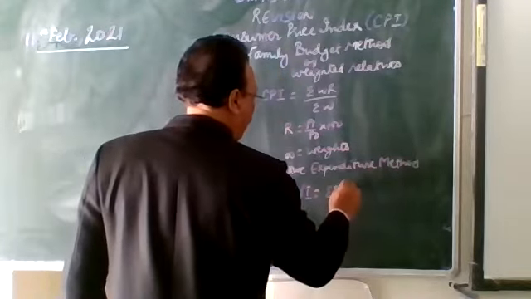Okay. Now, based on these two, we will do a numerical on this consumer price index. So, can I write on this board? Yeah. Now, we have a question. Find out the consumer price index and the weighted index from the following data. The data is given as items. Items we have food, fuel, clothing, then rent and miscellaneous.